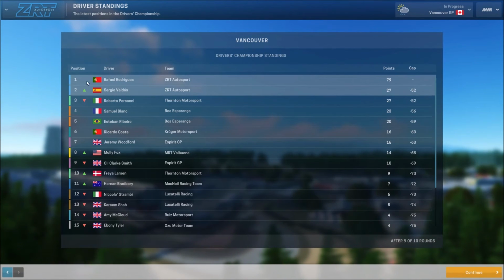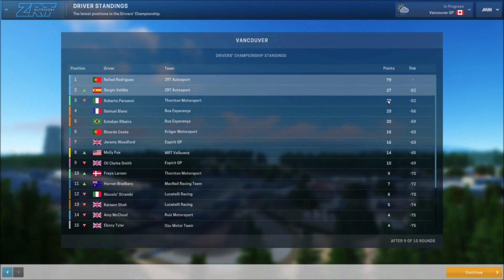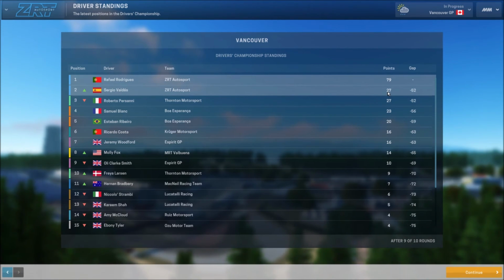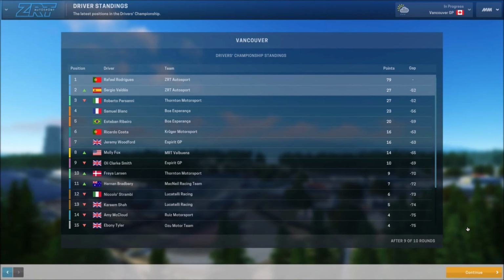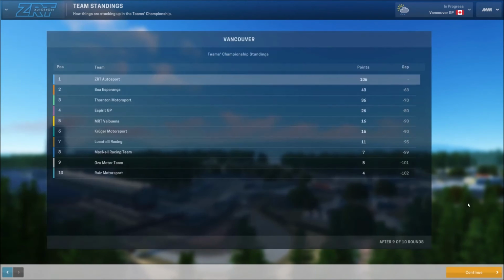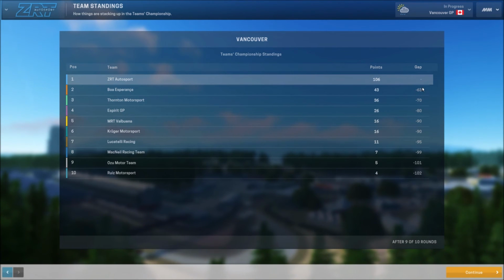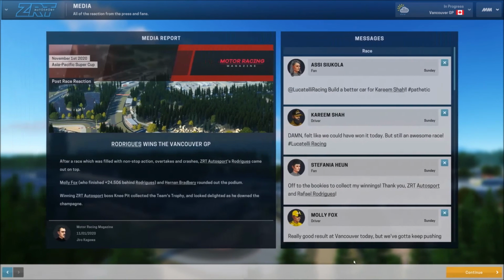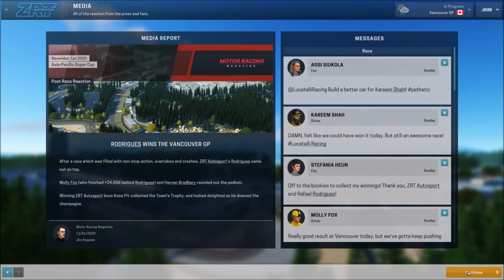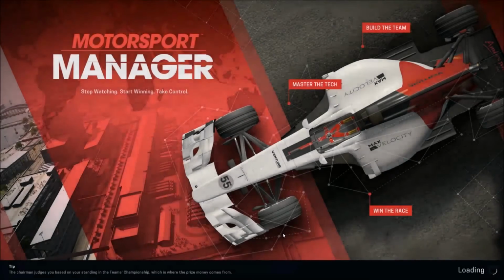Now, driver championship, Rafael has a huge lead there, but now Sergio has moved into a tie for second place. That's what we want to be. So let's see if we can't continue that toward the end of the season. Let's go ahead and move through this. So now this is just getting embarrassing at this point. We're now 63 points up on second place. All right, let's go ahead and move through to the final couple of screens